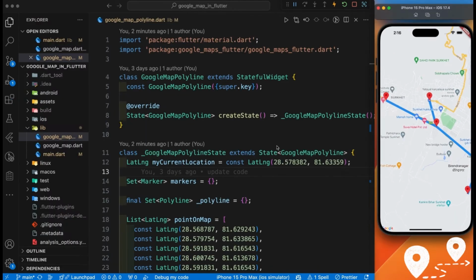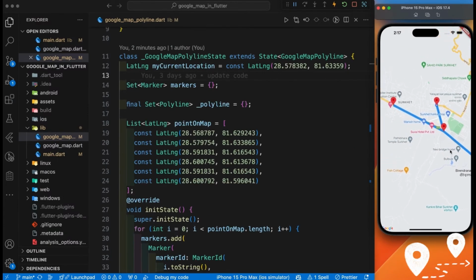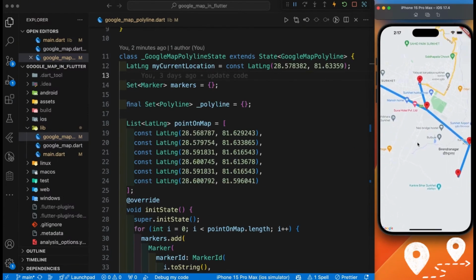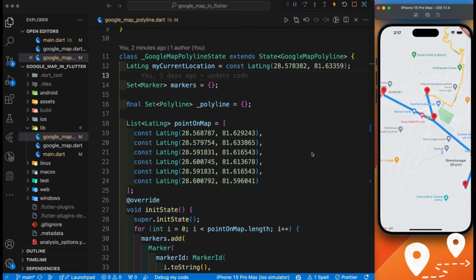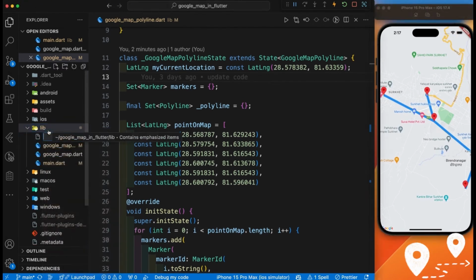We are going to draw a polygon. Everyone knows the difference between polyline and polygon. A polyline is a straight or curved line. A polygon is a shape that may be rectangular, triangular or of different shapes. For that, we create a separate file for this. I give the name